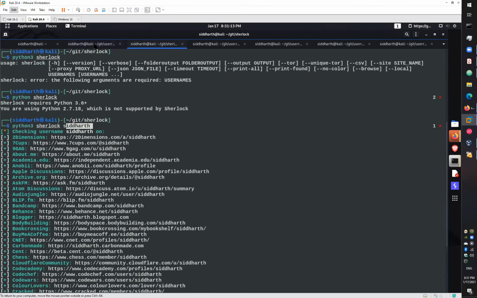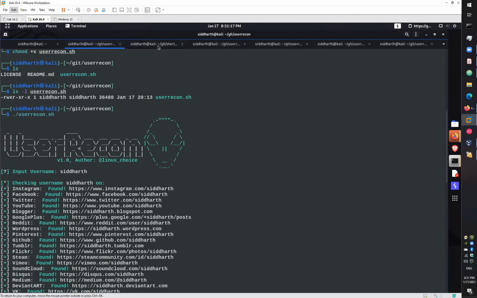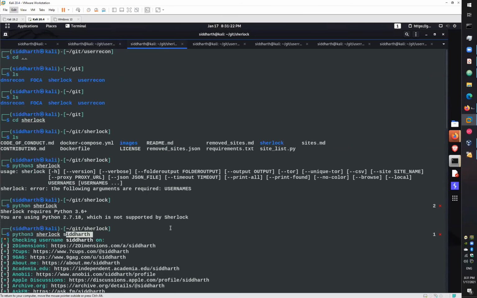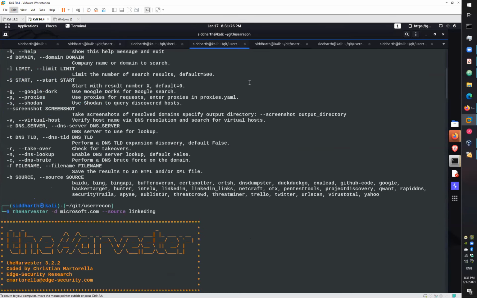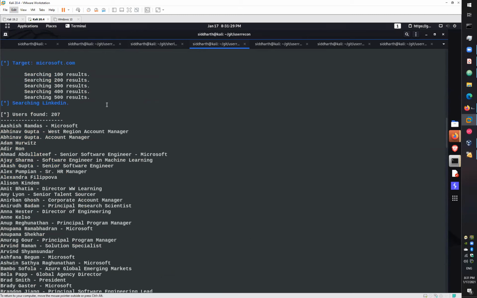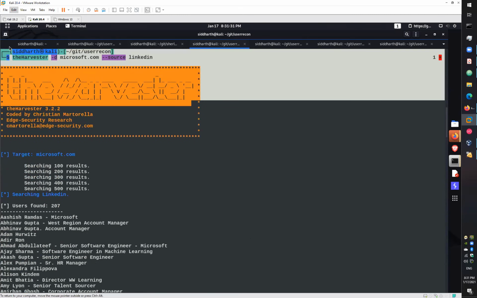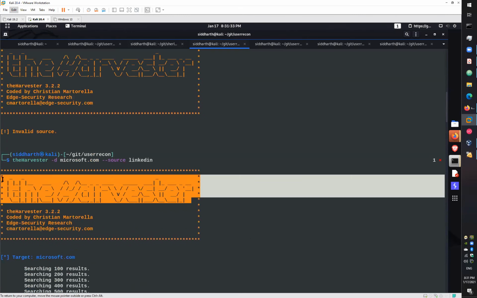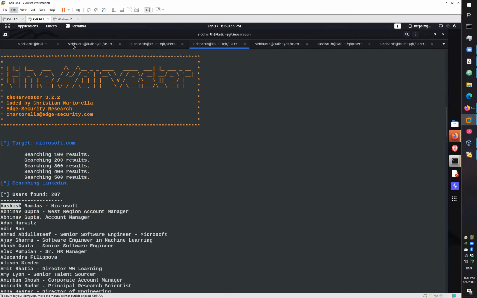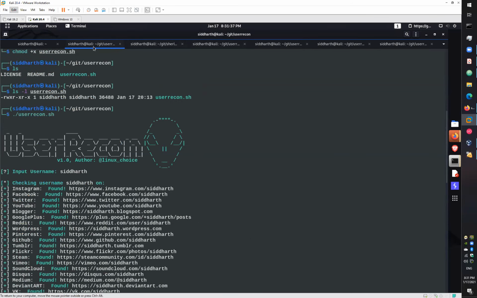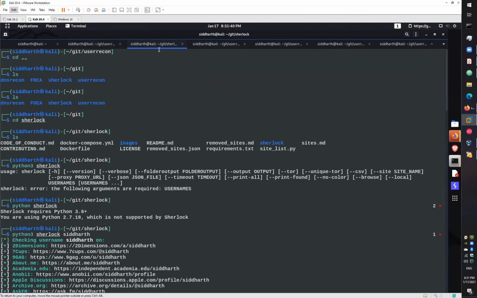Both these tools do the same thing: looking for the username on multiple platforms. That's a simple thing. Now the point is you just have to enumerate the users with theHarvester tool, and you can try tools like Sherlock and user account to identify the social media platforms. Or you can simply search on Facebook, Instagram.